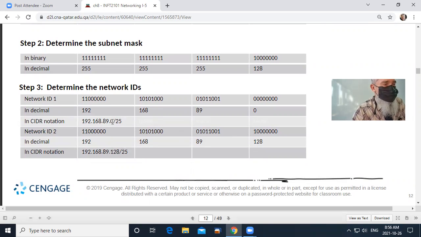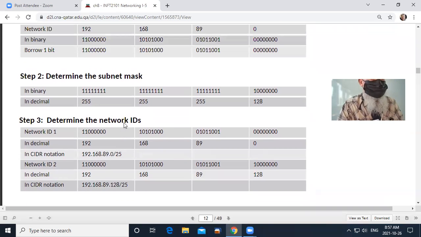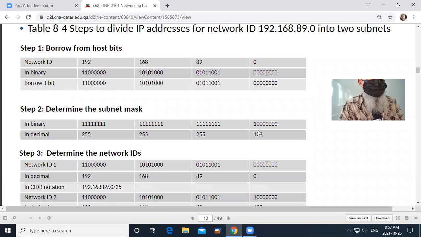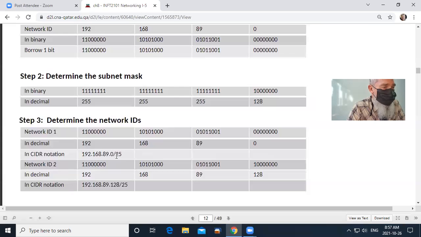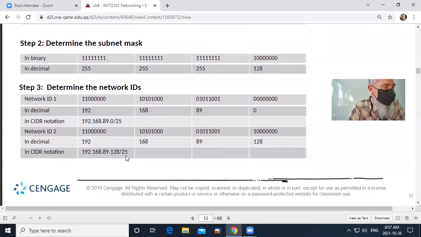A /25 network means that the first 25 bits represent the network address, and only the last 7 bits represent the host address. The leading 25 ones represent the network address.